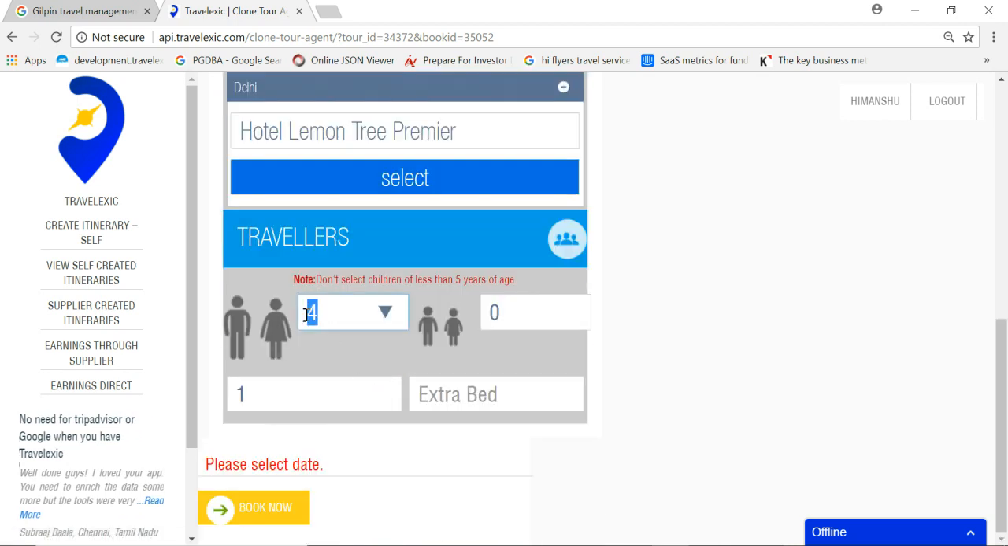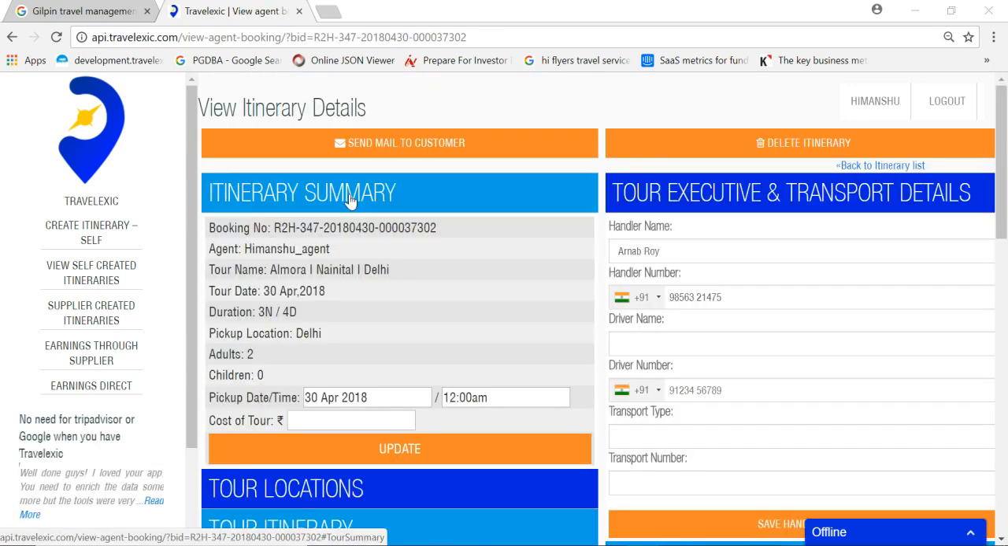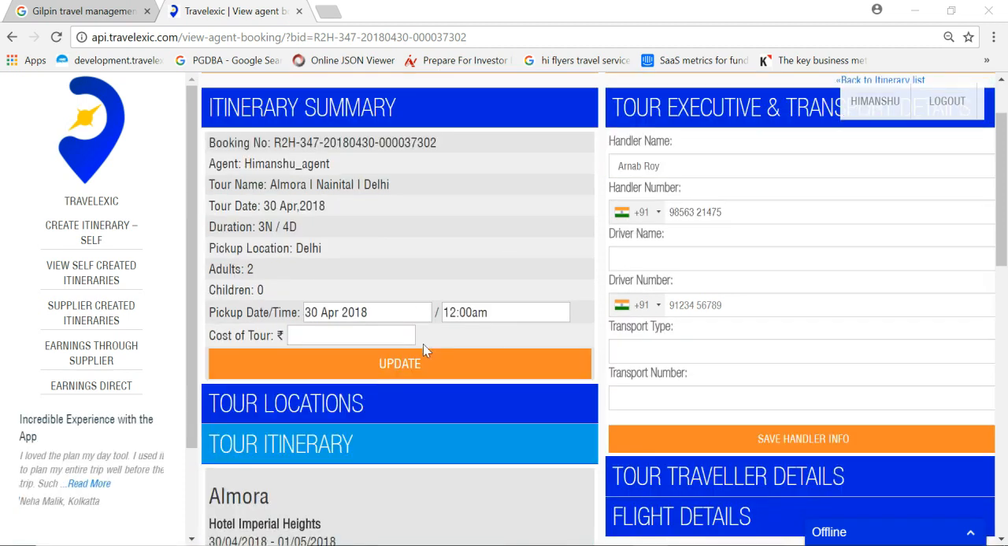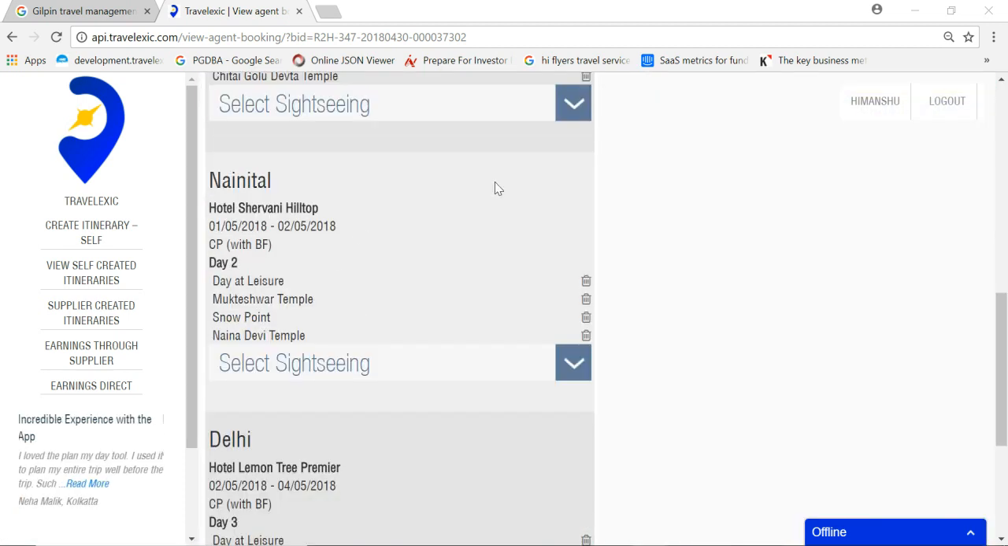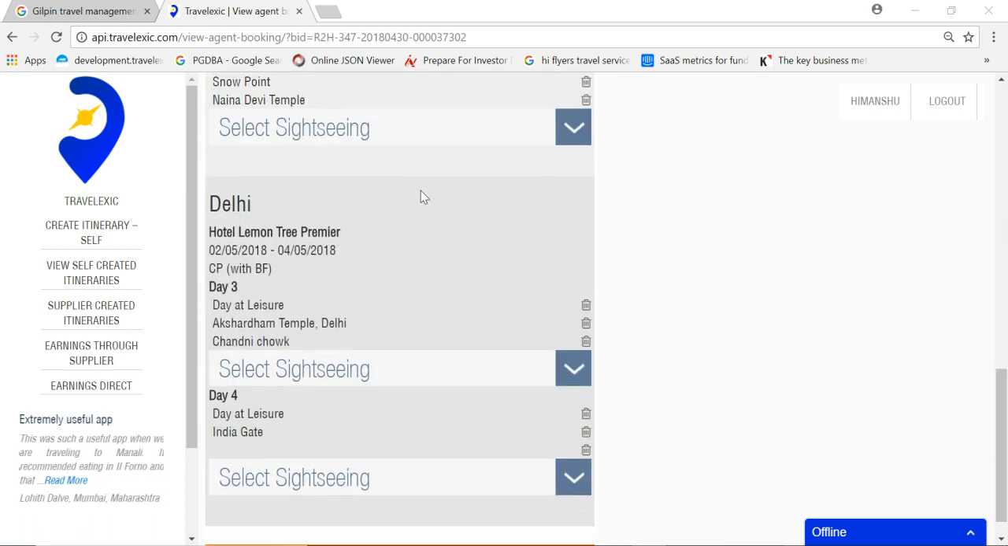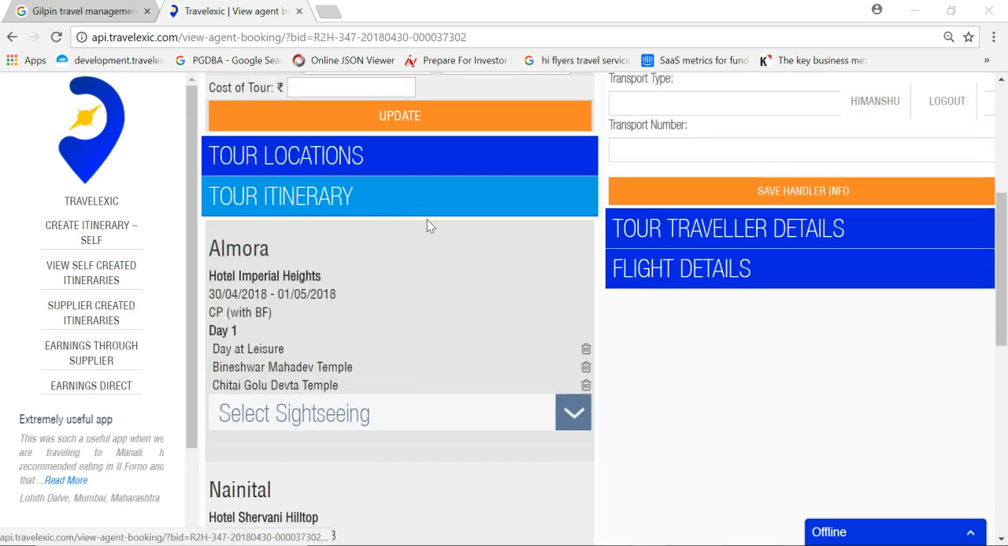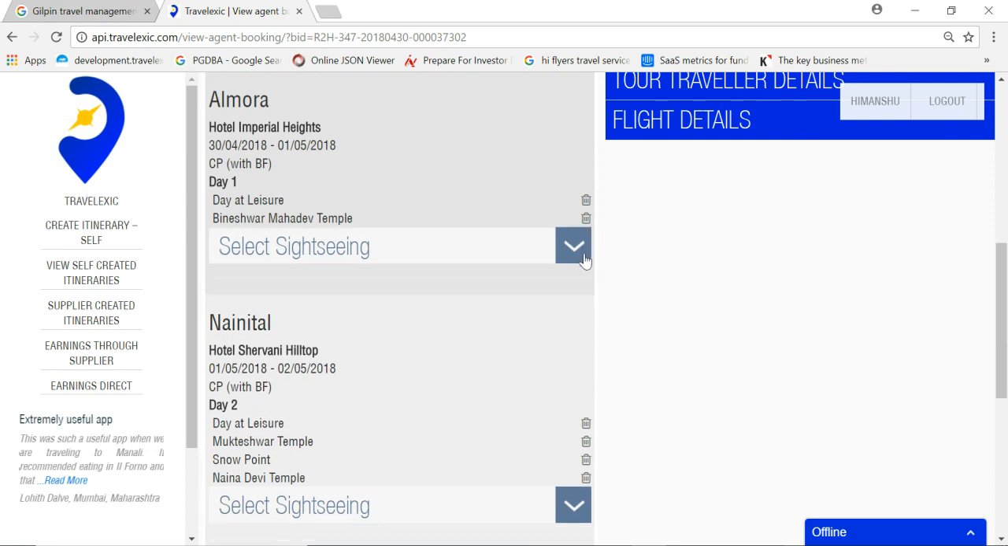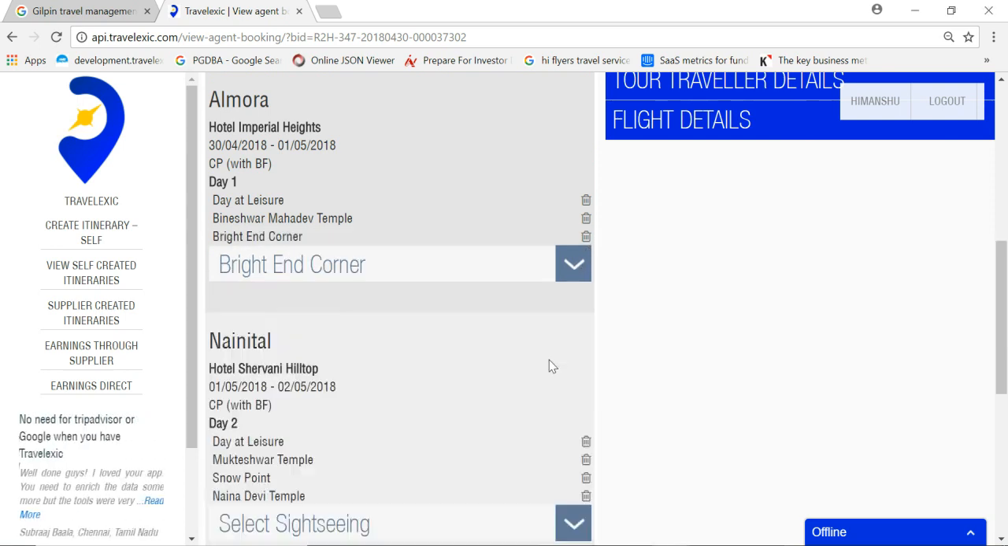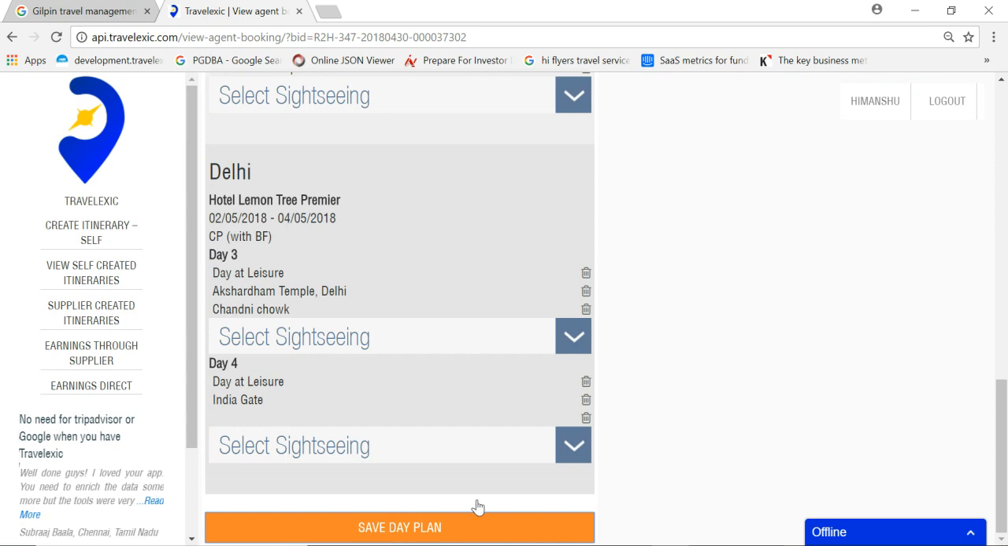I'm going to change the number of passengers to 2, and once I'm done, I click on book now. So this brings you to the itinerary details screen. First thing you will notice on this page is the day plan is exactly the same as in the old itinerary. I can always make changes to this if I like, and once I'm happy, I just click on save day plan,